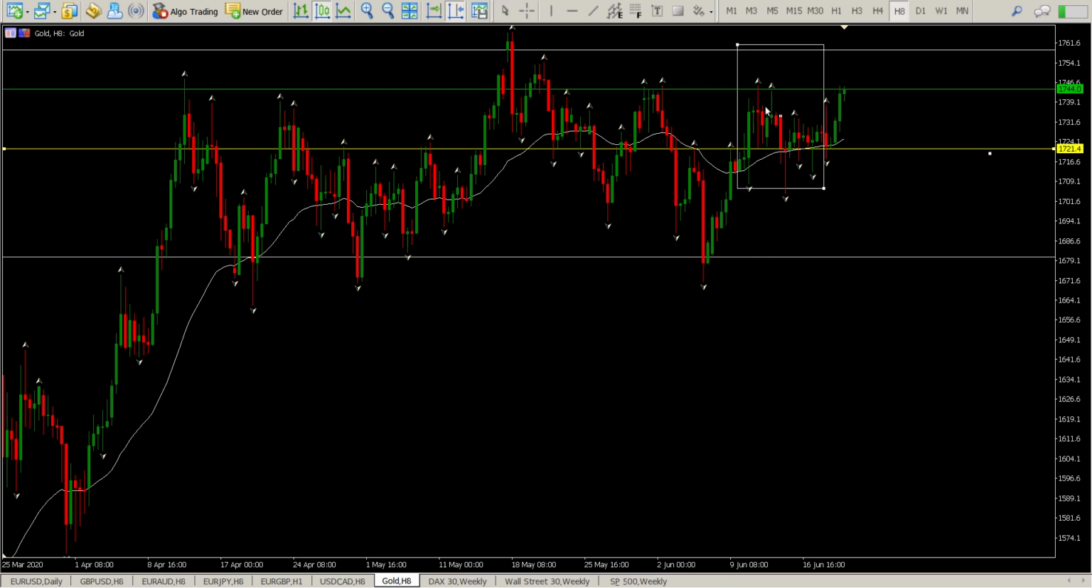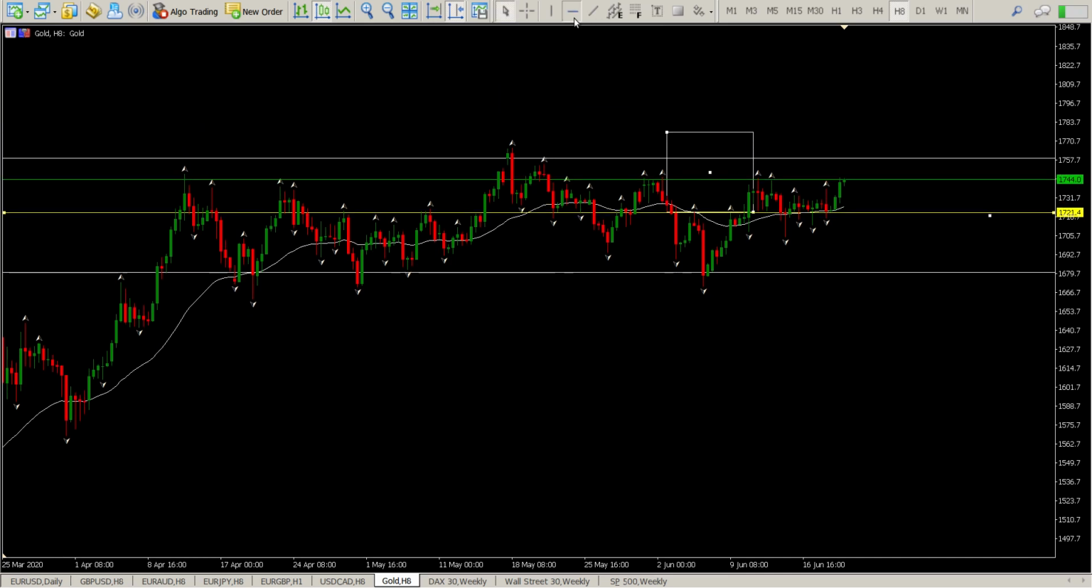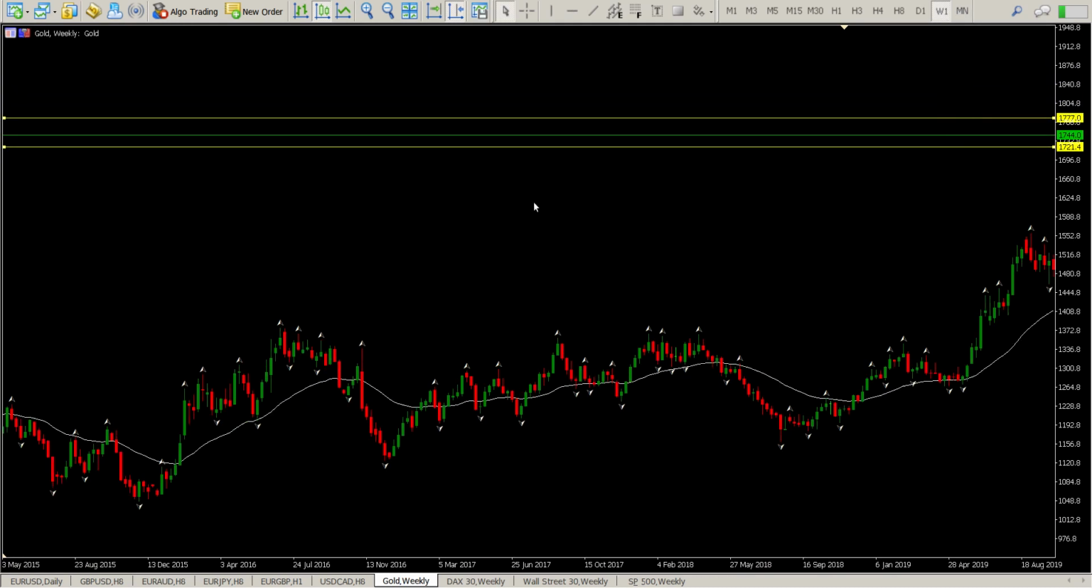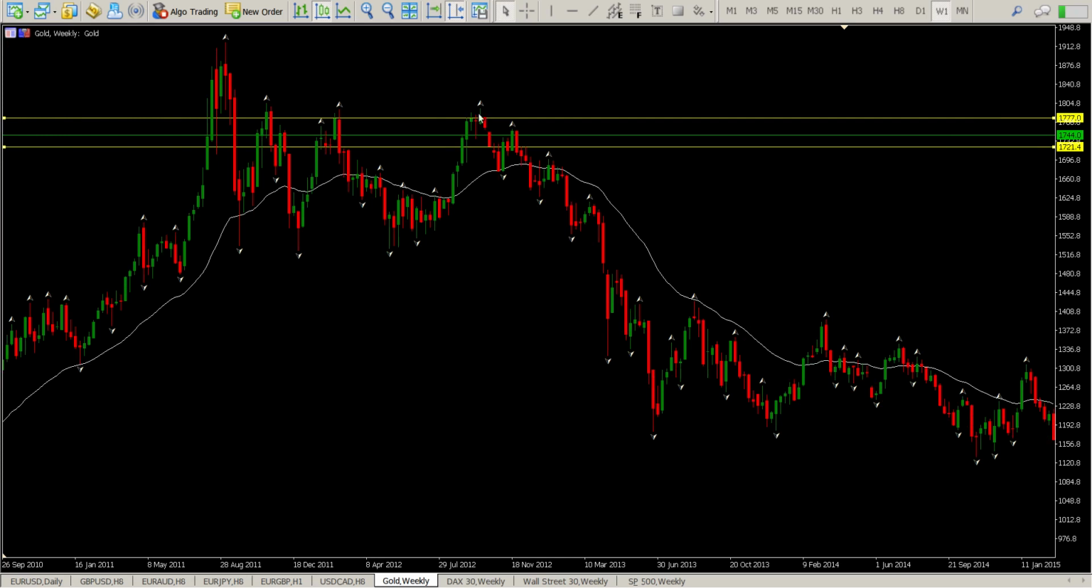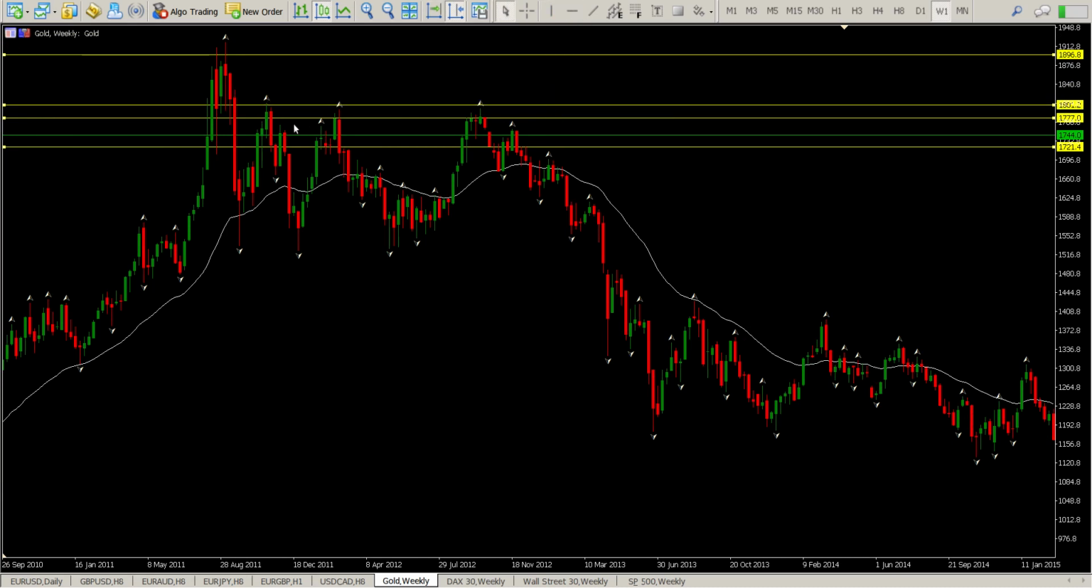Okay, so at this stage, I am anticipating that gold is going to be moving to the upside, and you can see where it's heading. These are the previous highs, so you can see this cluster of highs here. Just put another level in there. You can see there's a pretty big area of resistance,